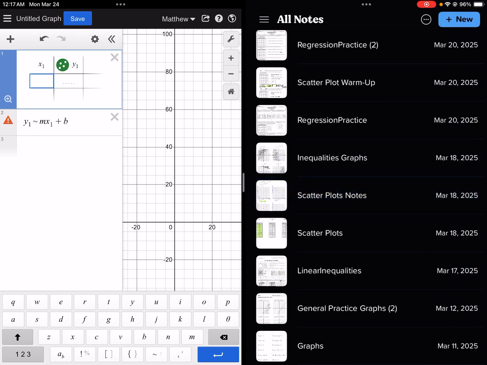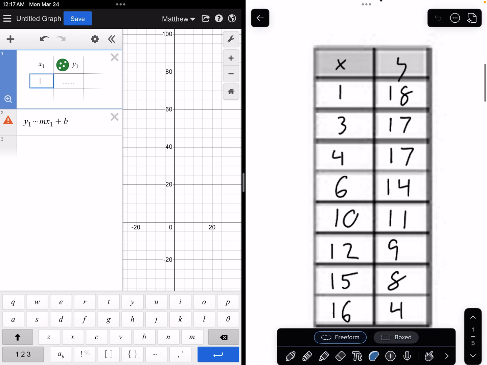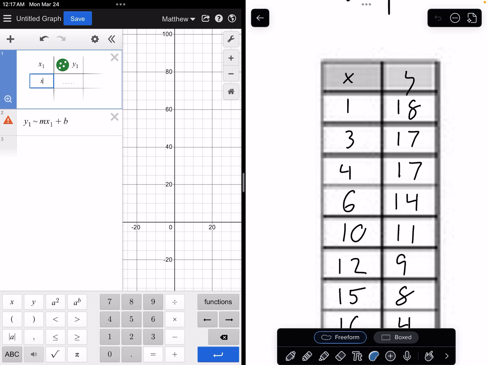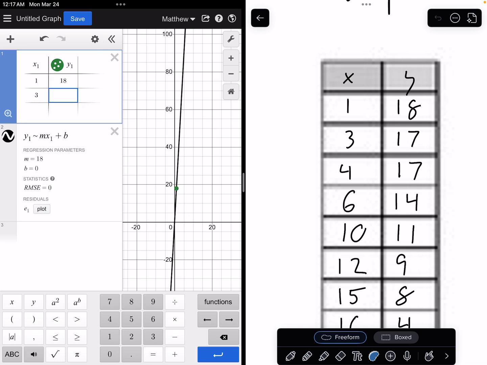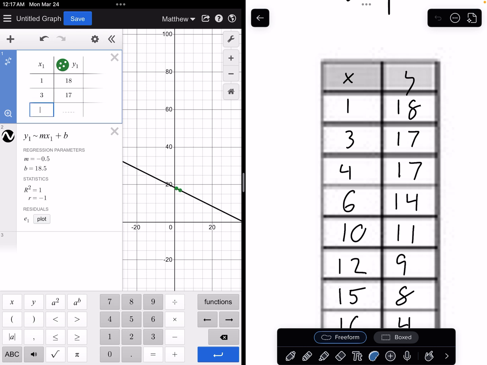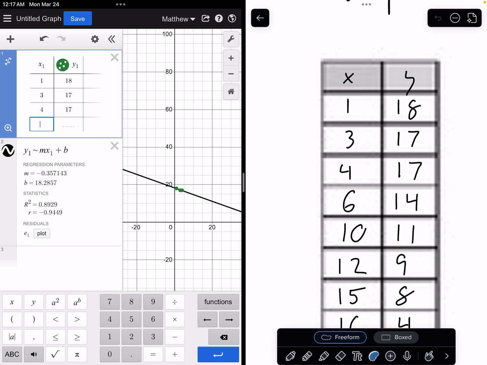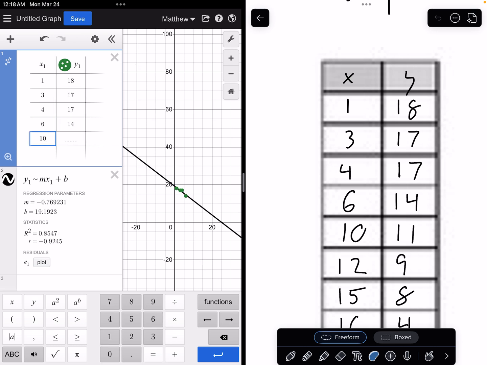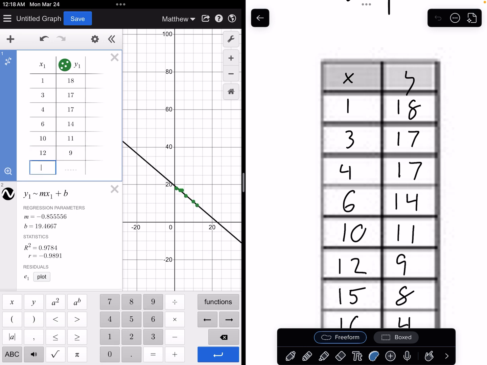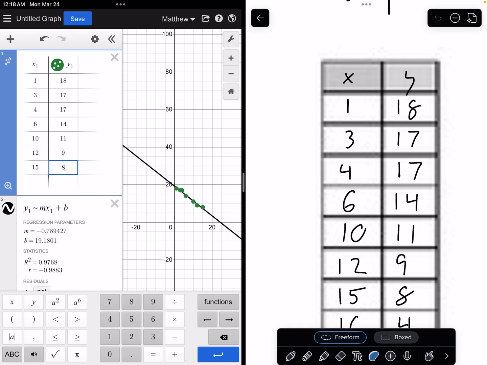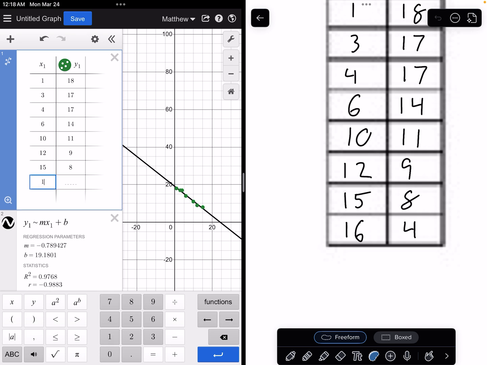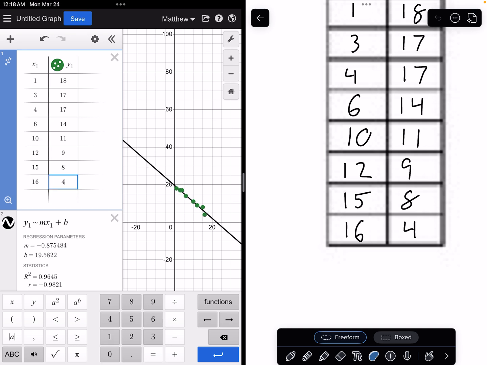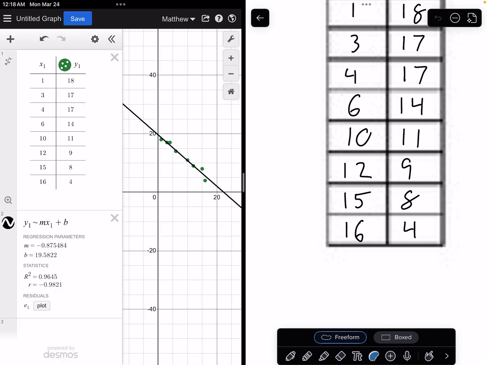What were my points again? Let's see here. They are 1, 18, 3, 17, 4, 17, 6, 14, 10, 11, 12, 9, 15, 8, and 16, 4. And again, you'll see since we left that y1, m, x1, all that good stuff, it did keep a line there,